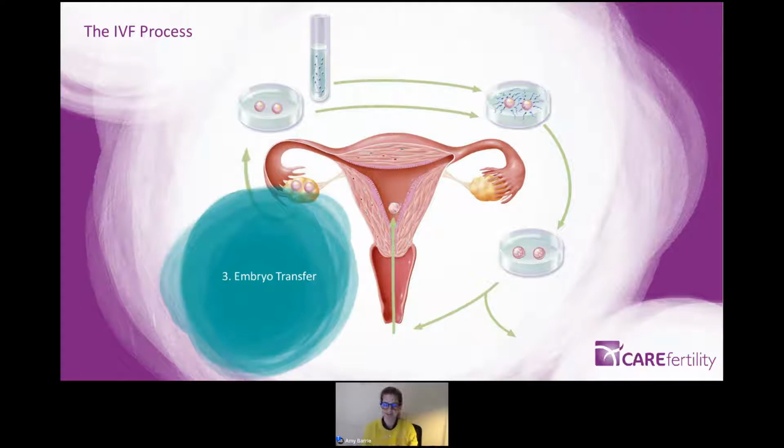and it can feel like a lifetime. We will explain to you what you can and can't do in that time, and we'll tell you what date it is that you need to do your pregnancy test, and we'll make sure that you've got all of the medication that you need to help support a pregnancy during those 2 weeks if one were to occur. Your pregnancy test would be about 14 to 16 days after the embryo transfer,